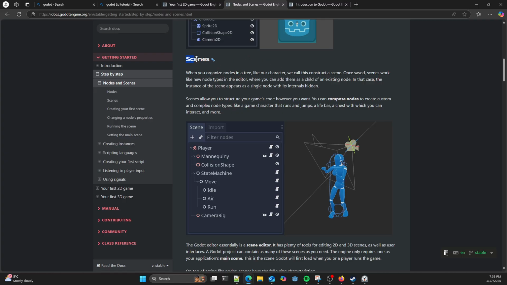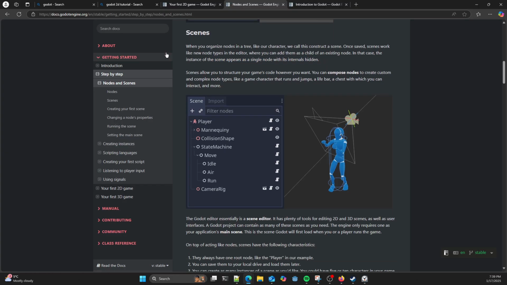So scenes. We organise nodes in a tree like a character, and you construct a scene. Then scenes work as new nodes in the editor, and you can add them as a child of an existing node. In that case, the scene appears as a single node with its internals hidden. This is called encapsulation. Scenes allow you to structure your game's code however you want.